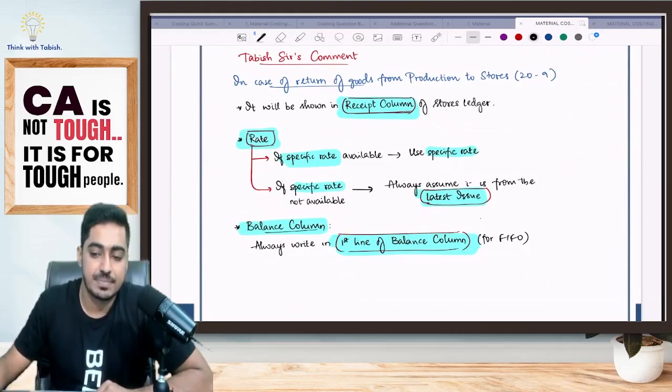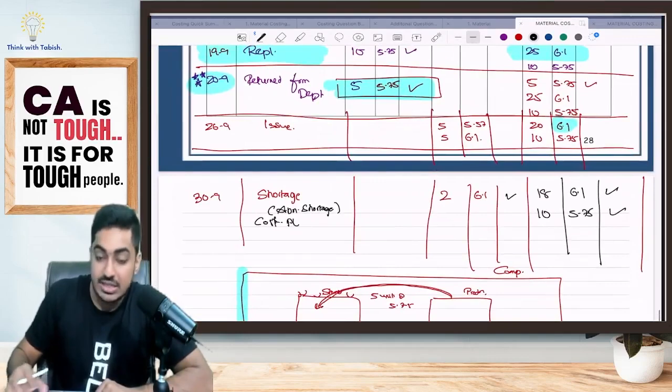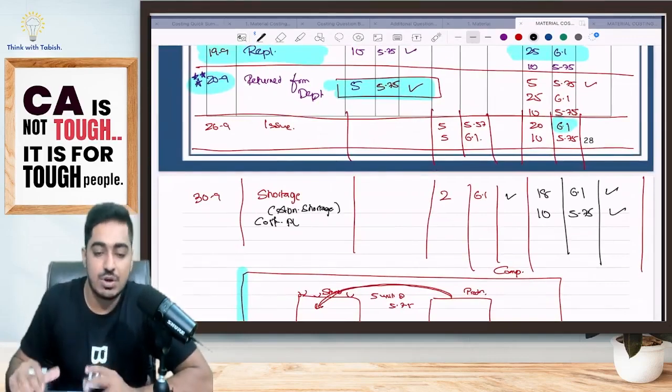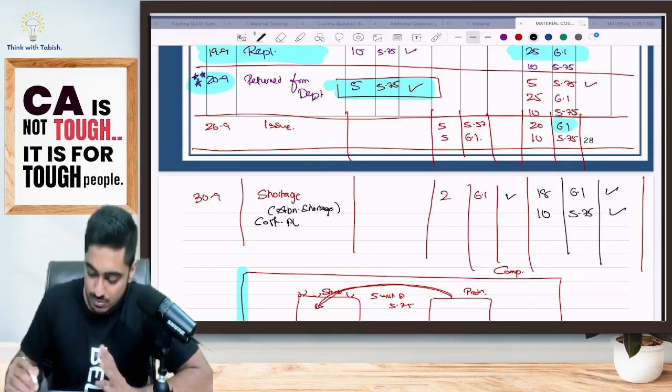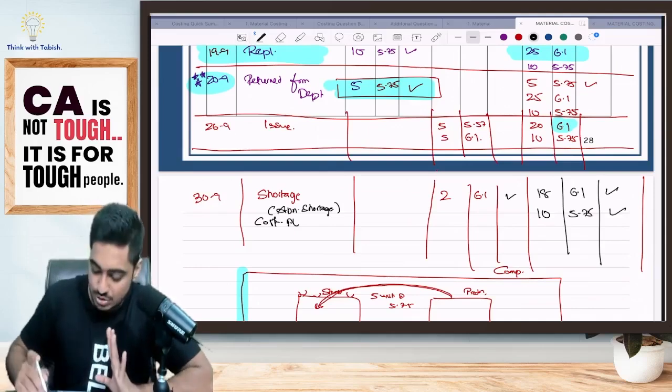In case of FIFO, it is better to assume abnormal loss. Because if you are assuming it as normal loss, then how are you going to show the adjustment? How will you increase the cost per unit? Because it is FIFO, even if it is normal loss, pay attention, ICA has assumed abnormal loss. Even if it is normal loss, what would you have done? Pay attention, I am just explaining, it is nowhere there.